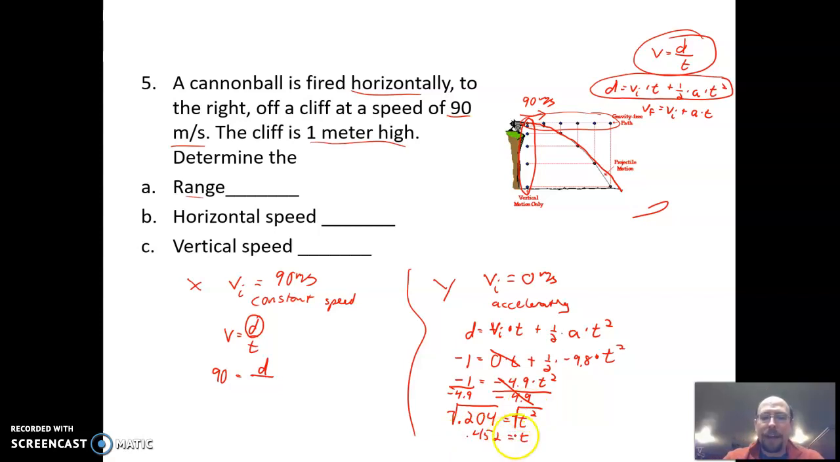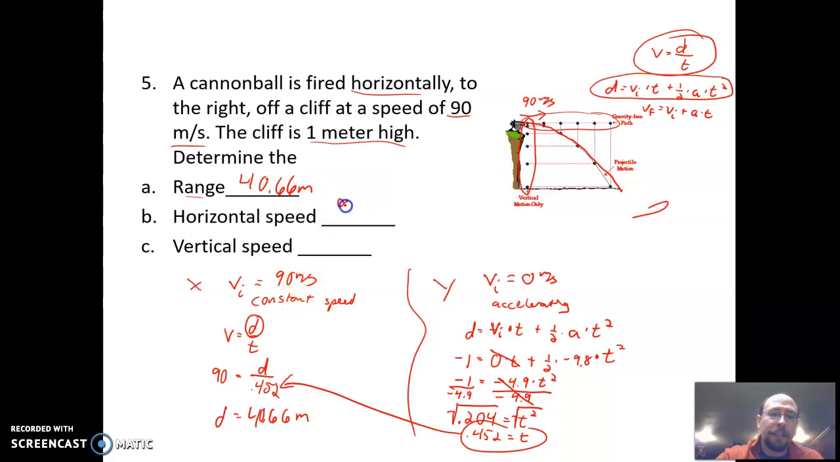Now that I have that time, I can take that time, plug it in over here, 0.452, and solve for the distance by multiplying these things together. If I do that, I'll end up with this distance equals 40.66 meters. That is my range, 40.66 meters. My horizontal speed is 90 meters per second, because that's what they told me at the beginning. My vertical speed, it comes from this third